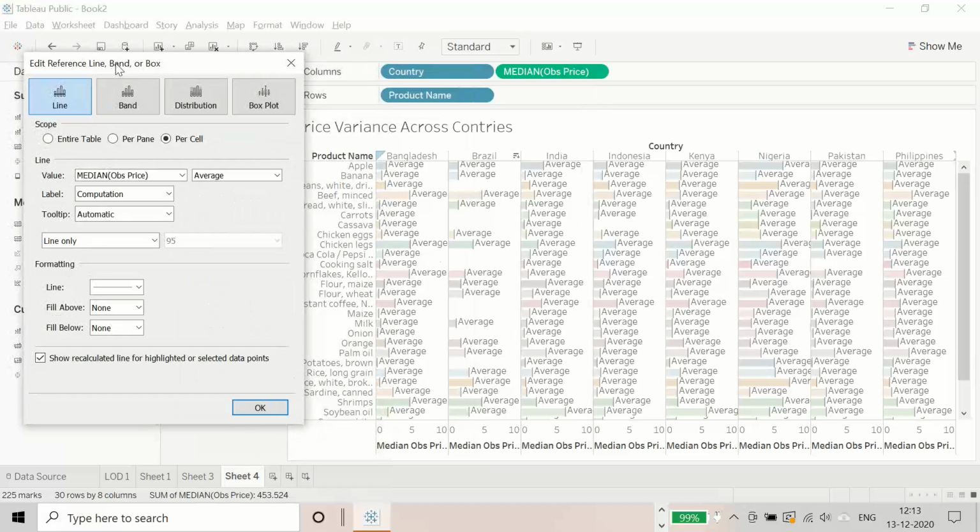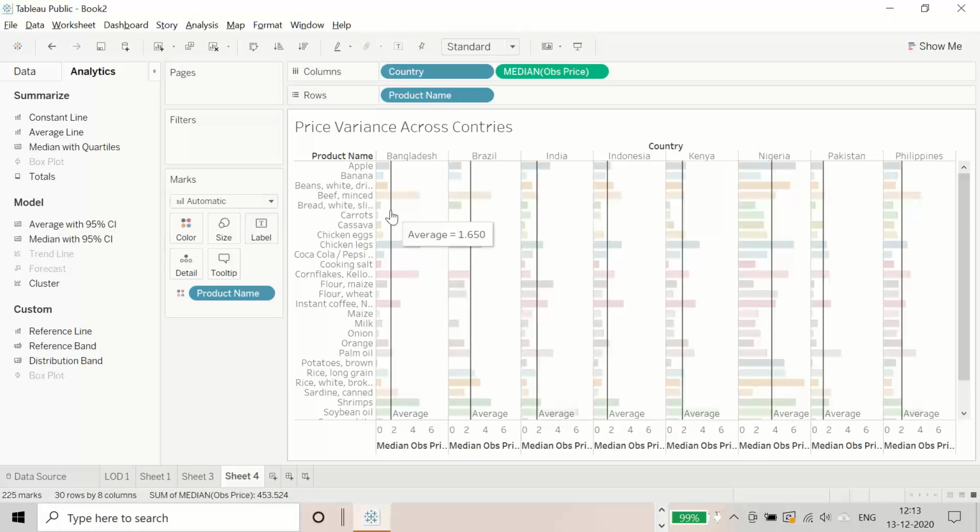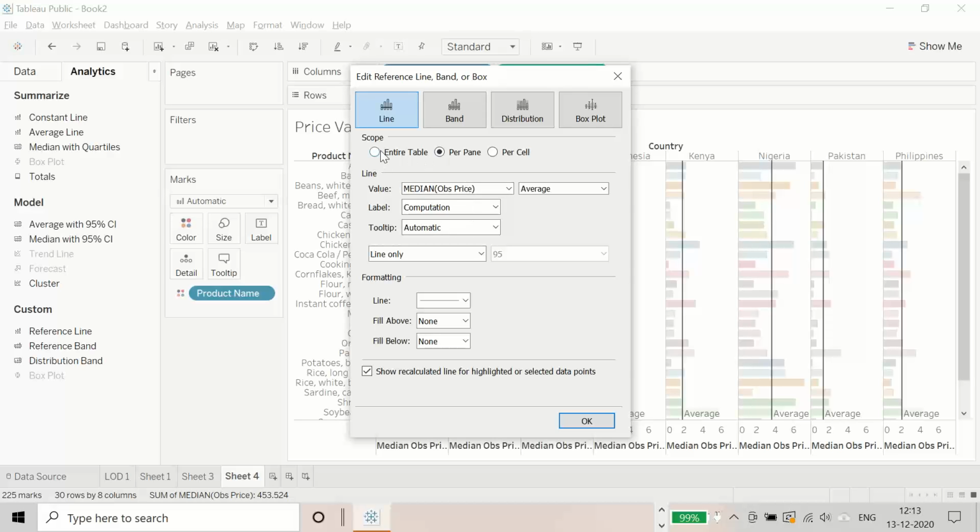डू यू सी बैकग्राउंड में इसको पर सेल पे क्या है, तो मीडियन और एवरेज प्राइस का कंपैरिजन पर पेन। ओके, इसको कहां से ओपन किया, तो आकाश वंस यू क्लिक ऑन दिस, वंस यू सेलेक्ट दिस लाइन, राइट, इस तरह से दिस ऑप्शन विल पॉप अप, एडिट, देन यू कैन सेलेक्ट द स्कोप। तो ये पूरी टेबल का लूंगा तो एवरेज थोड़ा बढ़ जाएगा। पर पेन यानी हर कंट्री के हिसाब से लूंगा, जहां कम है जहां ज्यादा है वो उस हिसाब से आ जाएगा।